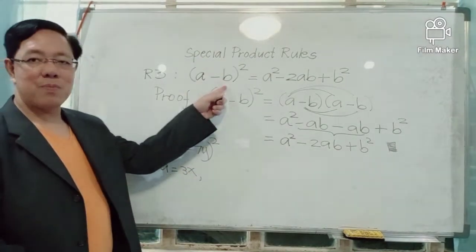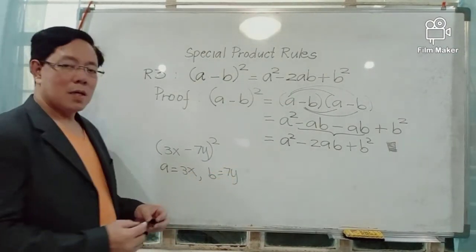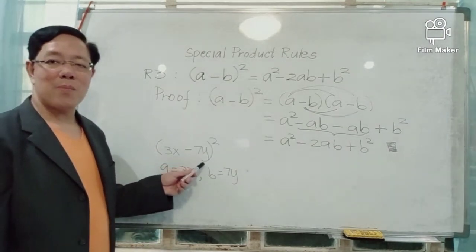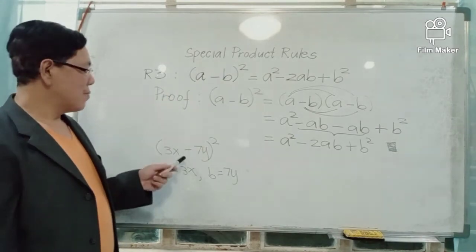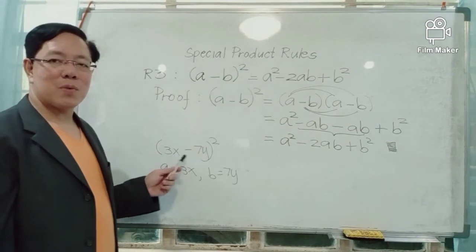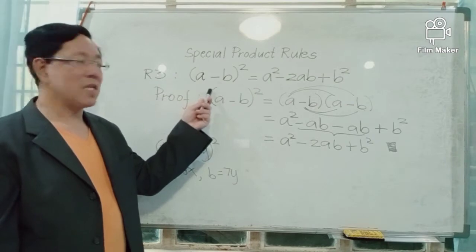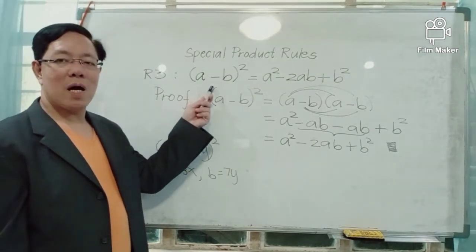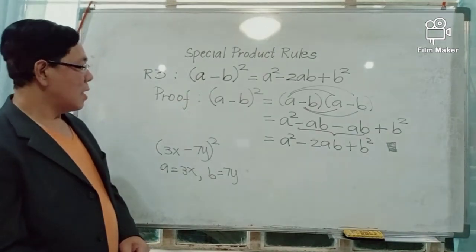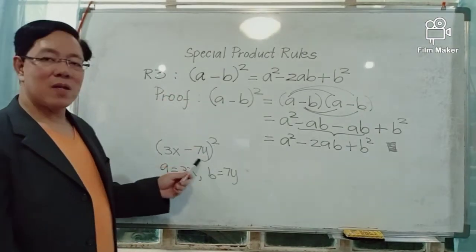And our second term B is 7y. In this example, the square of 3x minus 7y, we apply the third special product rule because in the given we have the difference of two terms. And the third special product rule applies only when you have the difference of two terms in the given. And by the third special product rule, the square of 3x minus 7y